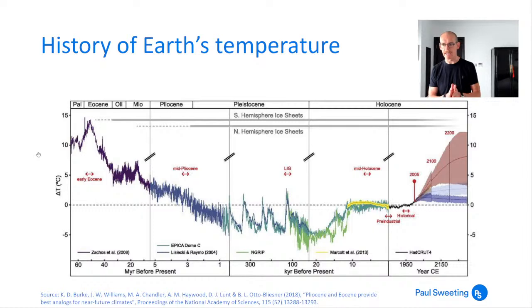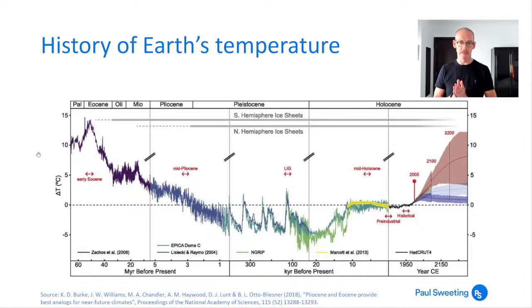So this is just looking at the history of the Earth's temperature. Just a question saying, can I get a list of important papers on the topic? I'm not an expert on climate change, but I think a lot of the papers which I referred to in this presentation, which you'll be able to see if you play back this video, and I'll make the presentation available later. A lot of the references here are useful, and looking at the IPCC reports is a pretty good starting point.